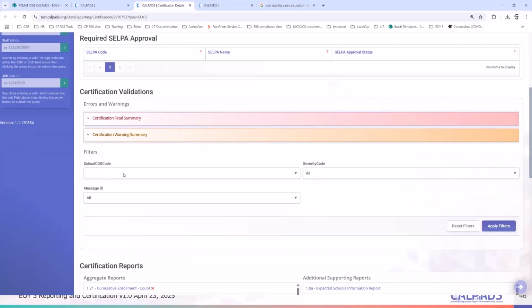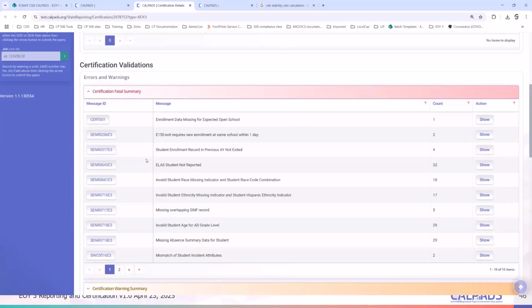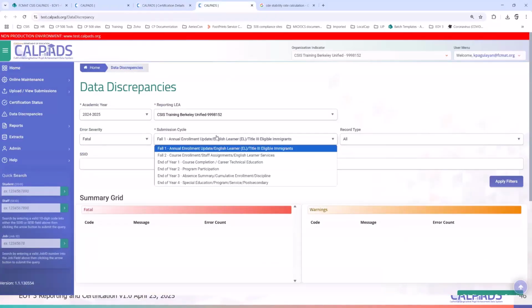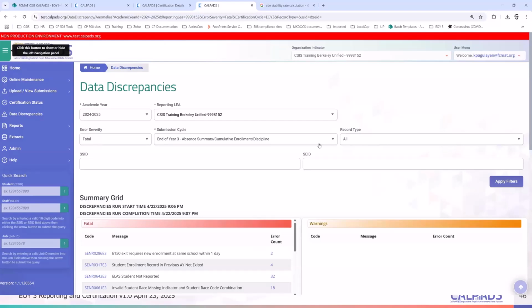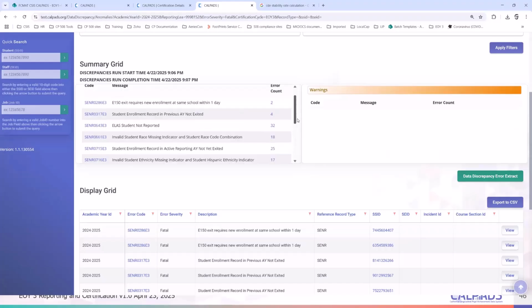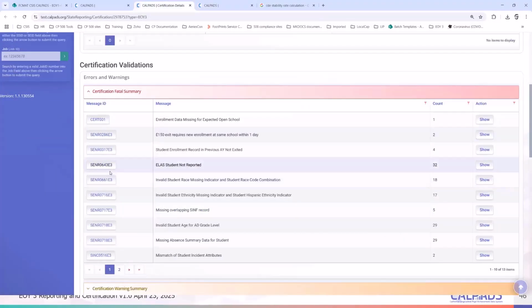And then you have your certification validation. This is where you would see all of your certification errors as well as the CDDs, which are basically data discrepancies that you failed to correct ahead of time. Okay, so essentially, if you go to your data discrepancies, which you can access here, these data discrepancies are essentially a mirror of this.